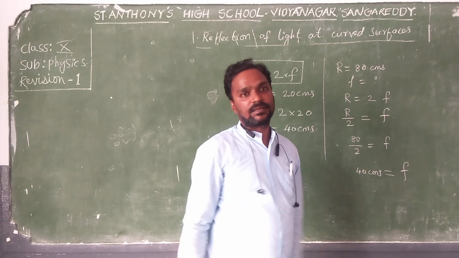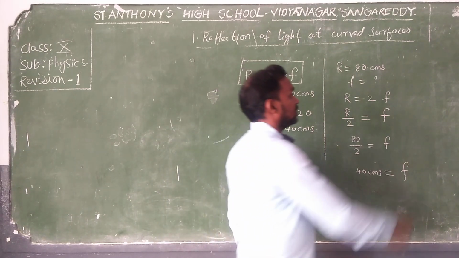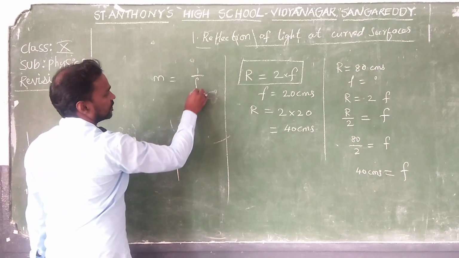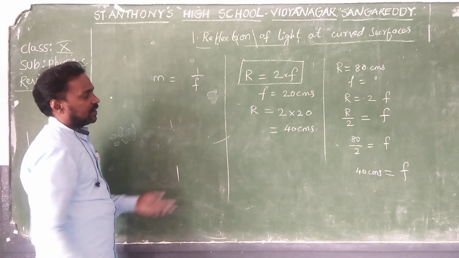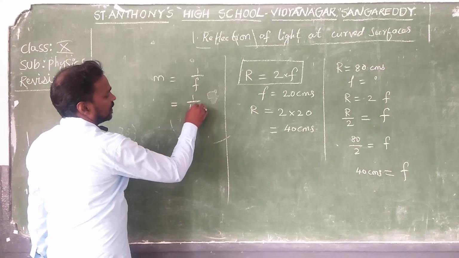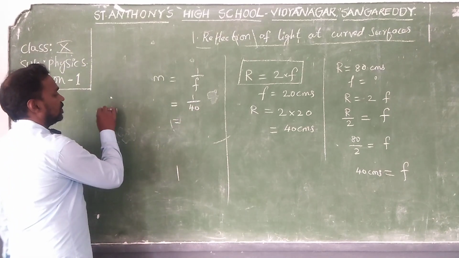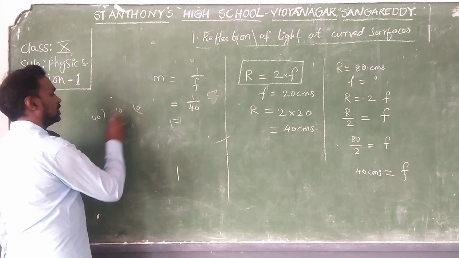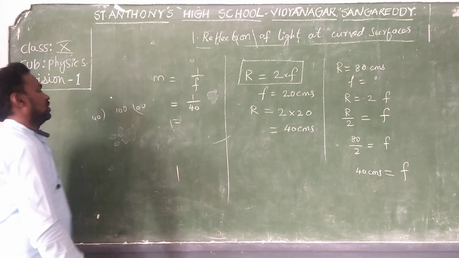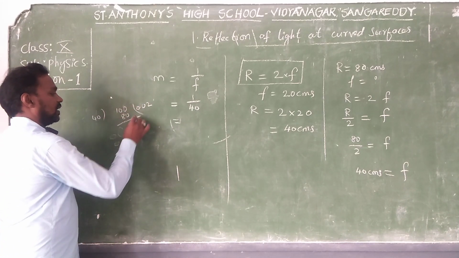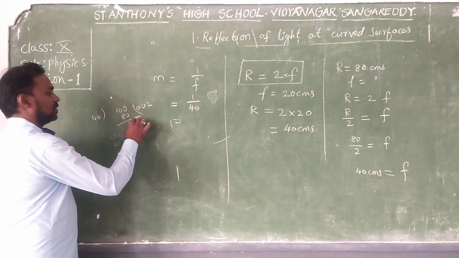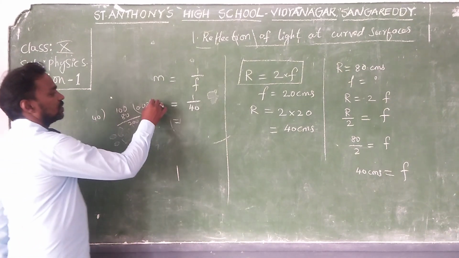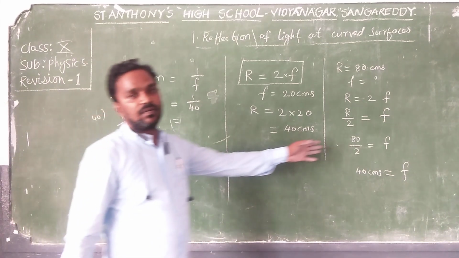Once you know the focal length, magnification can be found. What is magnification? Magnification is defined as m is equal to 1 by f. The reciprocal of focal length is nothing but magnification. So 1 by 40 is your magnification. 1 divided by 40: let us write 0, 0.1, one more 0 here, 40 into 80, again 20 will be there, so one more 0, then again 4, 5 and 20. So 0.025 is your magnification.